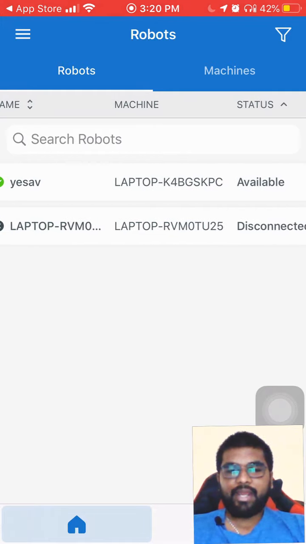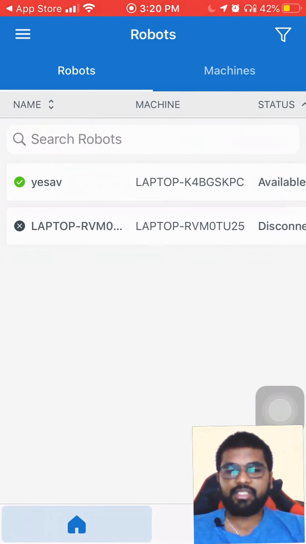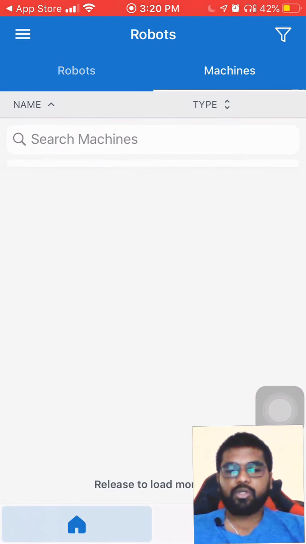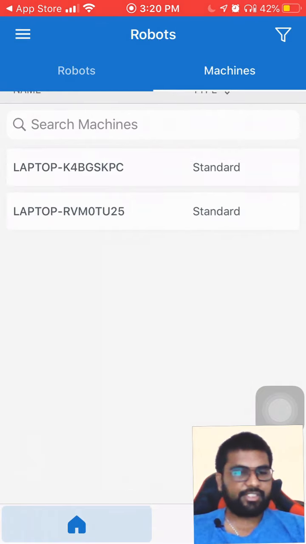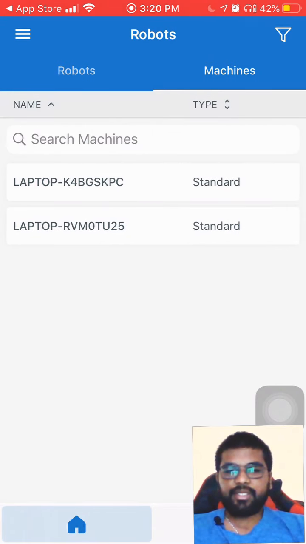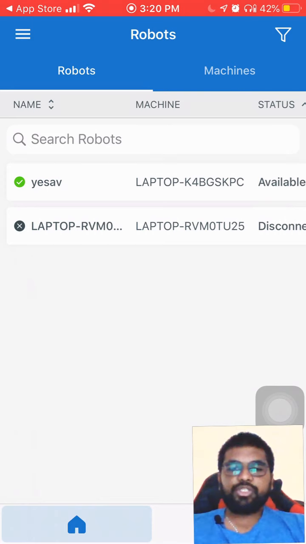I can also see the machines which my Orchestrator is connected to. But again, this is only to view it. I cannot really add or update the machine details here. If I want to do that, I need to go back to Orchestrator on the web.